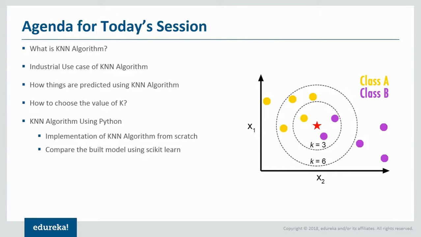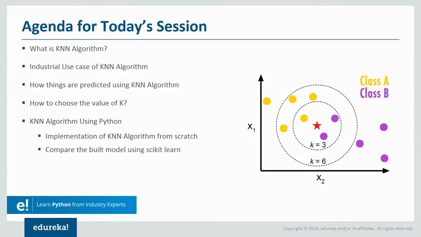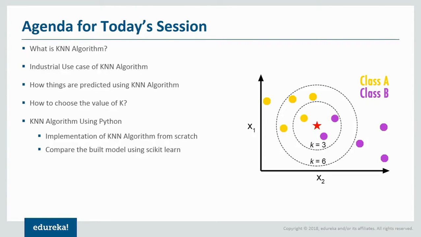So we'll start our session with what is KNN, where I'll brief you about the topic and we'll move ahead to see what are its popular use cases or how the industry is using KNN for their benefit. Once we are done with it, we'll drill down to the working of the algorithm in depth. While learning the algorithm, you will also understand the significance of K, or what this K stands for in the nearest neighbor algorithm. And then we'll see how the prediction is made using the KNN algorithm manually or mathematically. Alright? Now once we are done with the theoretical concept, we'll start the practical or the demo session, where we'll learn how to implement the KNN algorithm using Python. So let's start our session.